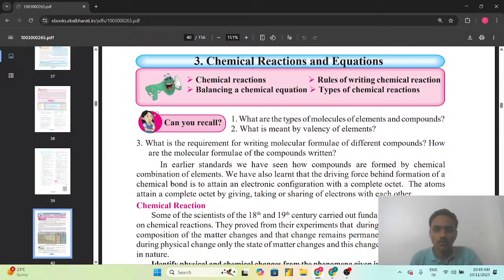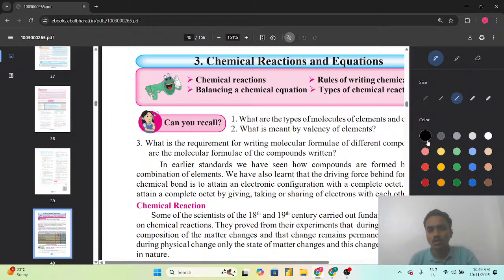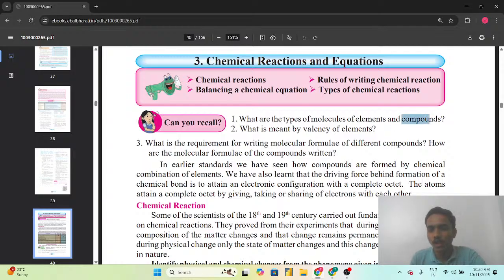So, what are the types of the molecules of the elements and compounds? So, as we know that the elements are made up of the similar kind of atom. तो एलिमेंट का जो स्मॉलेस्ट पार्ट है, जो स्मॉलेस्ट पार्टिकल है, that we call as the atom. And the molecule of the compound is called a molecule because compounds are, compounds क्या होते हैं।